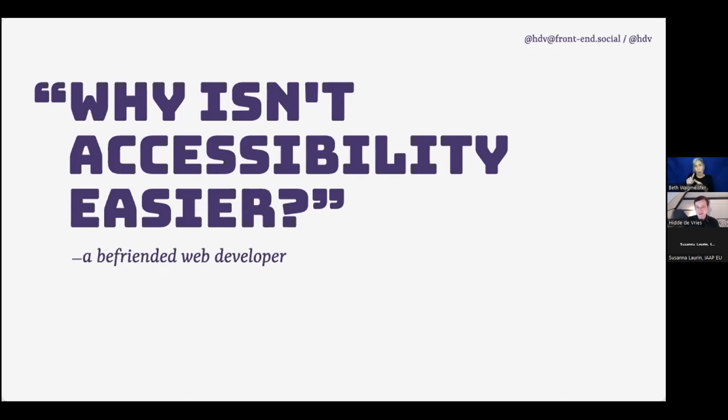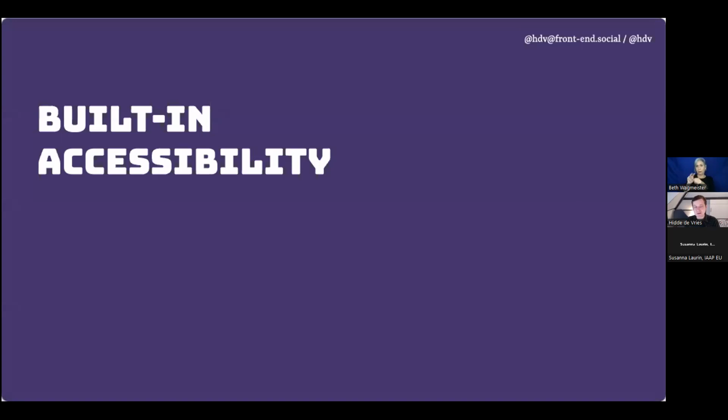When I was at the W3C, I worked on guidance for accessibility and trying to think about how that can be better, because there is a problem there. Like, it's hard to find the right information. But it's also the case that there are certain bits of software that could have accessibility built in. So Susanna asked me to talk about this built-in accessibility, and I have this as a bit of a passion of mine. Can't we build in accessibility to our product so that it becomes easier to do, so that we can focus on other parts of accessibility as web developers, for instance, by putting the stuff that we could build into systems.